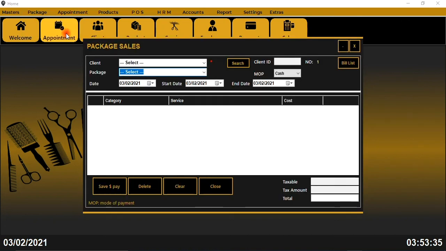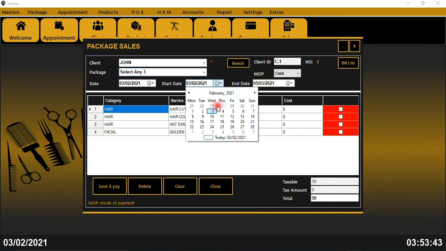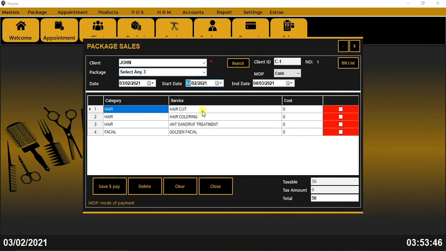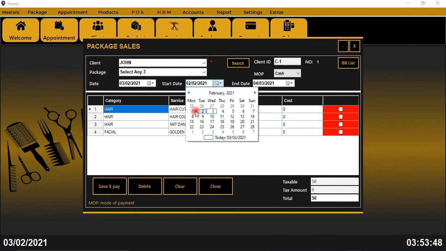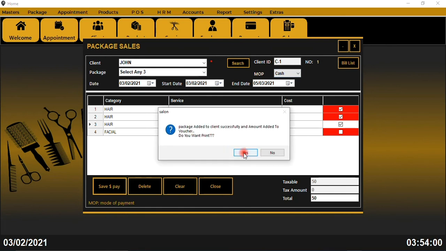Now last is the package billing. I go to the client's name I can choose. The last time I chose John. I am just taking his name, package, select any 3. So he has got select any 3. He can choose any 3 from the packet according to date. The day you can put the time, and till what time the package validity is, you can choose for him. So I have chosen the first 3 for him and save, and he is paid.